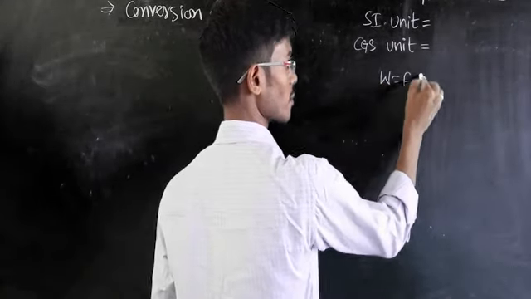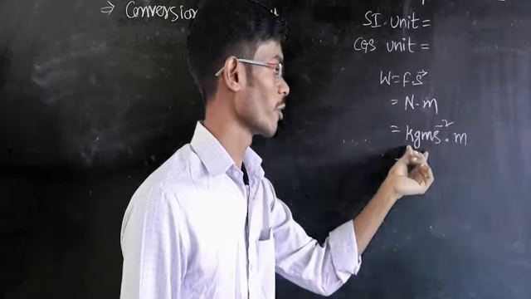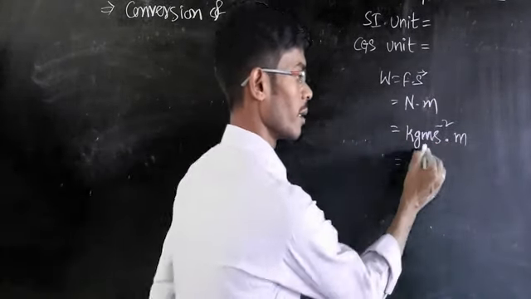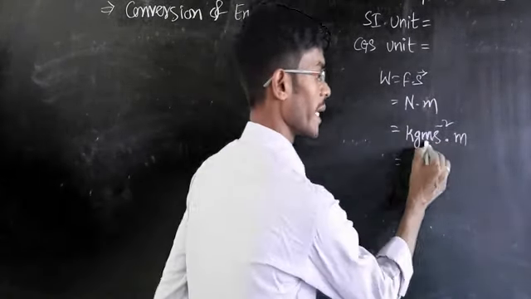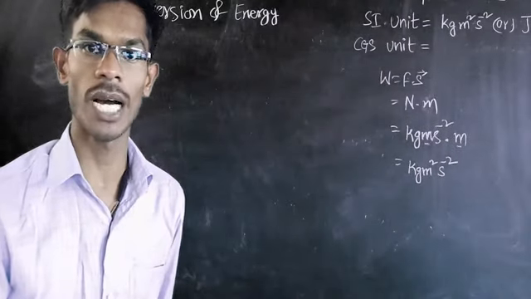Then the force unit, if you write it elaborately, can be kilogram, meter, S power minus 2 into meter. See, don't confuse here: this is S bar, displacement, or S you can consider displacement. Displacement unit is meter. So kilogram, meter, S power minus 2 into meter. Then how many times is the meter repeating? 2 times the meter is repeating. Then this can be written as kilogram meter square S power minus 2. So the SI unit of energy is kilogram meter square S power minus 2 or joule.